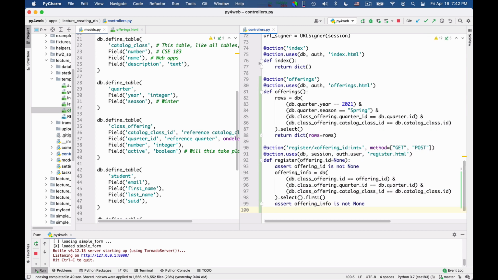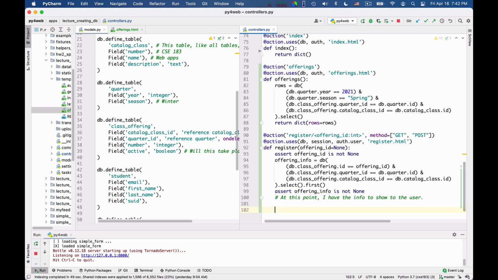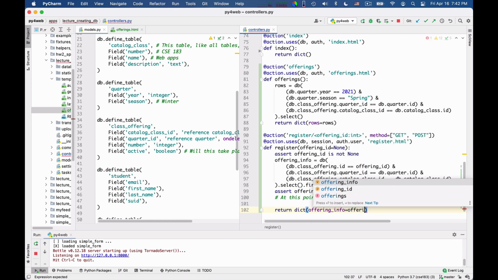Okay, so at this point I have the info to show to the user, and so I will need to do more things in this controller, but let me get started with the template for a moment. And so I say return dictionary offering info is equal to offering info.